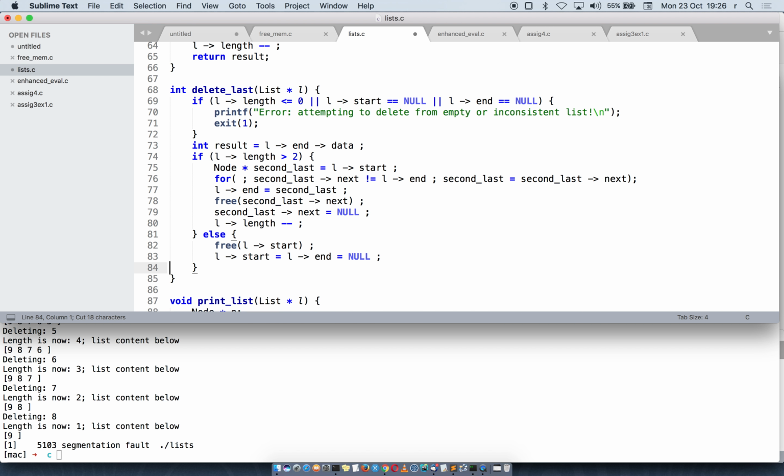I don't need this here anymore. And at the end, all I need to do is return result. Okay? Now again, free L start is as good as free L end. All right, and